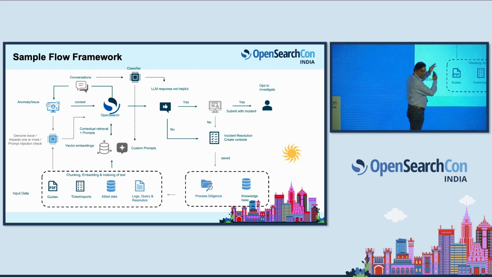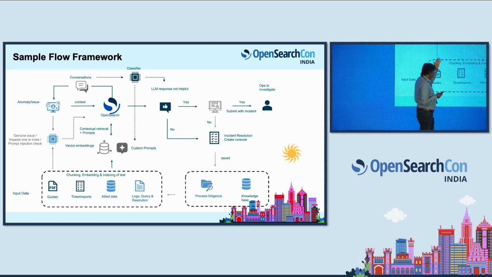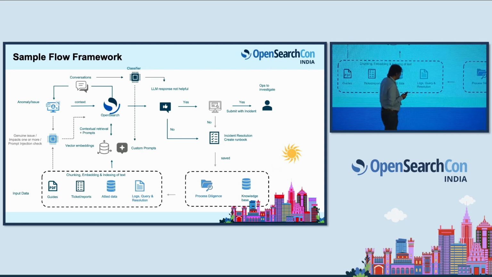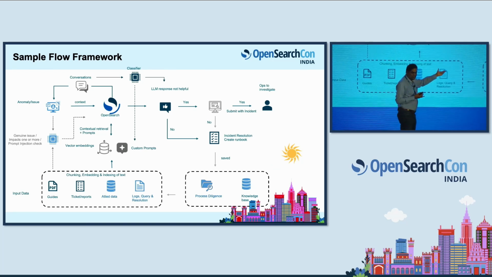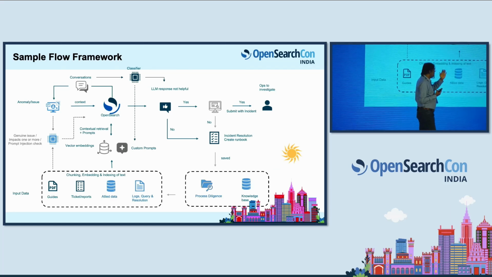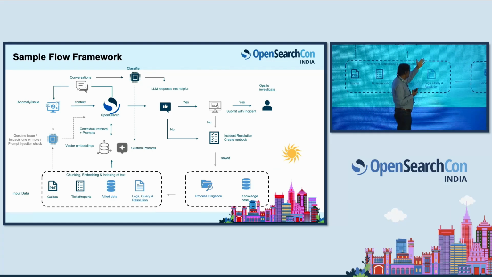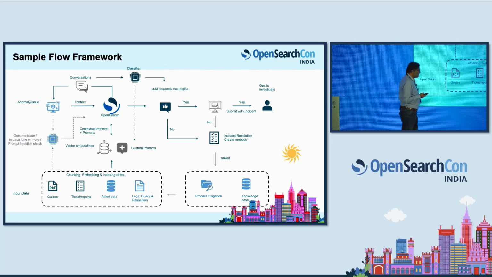So these come together along with LLM responses to see whether it is useful, right? If it is useful, you proceed ahead. If it is not useful and there is no resolution, that's potentially a new use case, a new scenario that is not found in the trained data, right? So you create incident resolution playbooks or runbooks, typical resolution, and save that out. You adopt the necessary process diligence, make it part of the knowledge base, and permanently add it to your data set as well, right? So it's a virtuous cycle